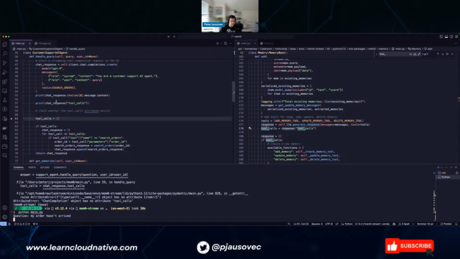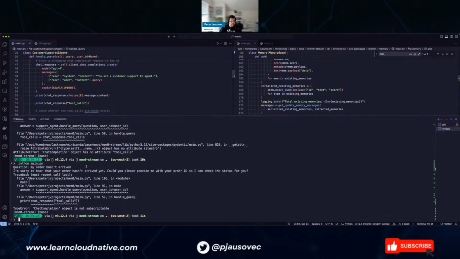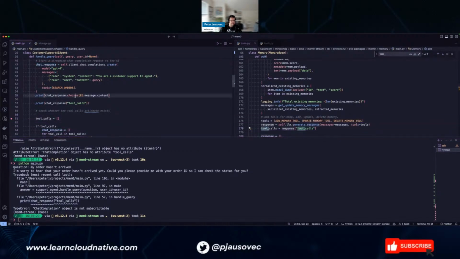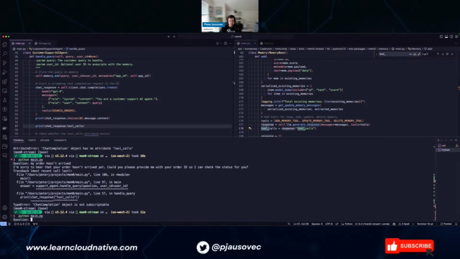If that one prints out none, then it should work. No, it's weird, right? Object is not subscriptable. That doesn't make any sense, but why does this work? Like this should return me none, right? No?